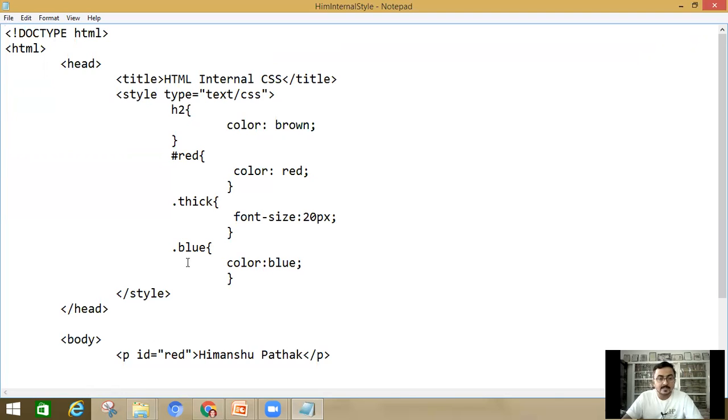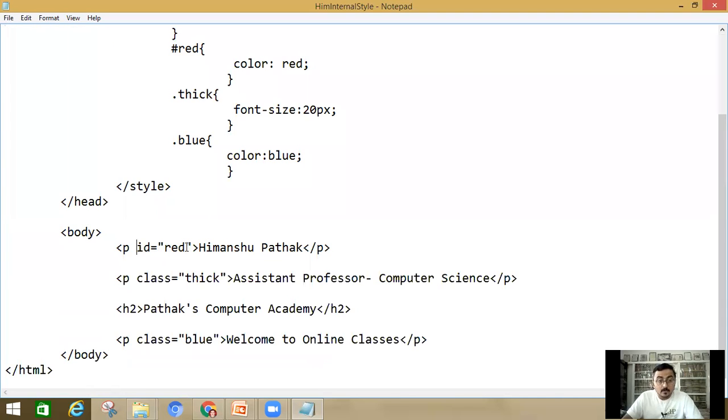Here you can see that I have used ID is equal to red, so it will show the color red. Now in P, I have used class is equal to thick, so this sentence will be written in 20 pixels.